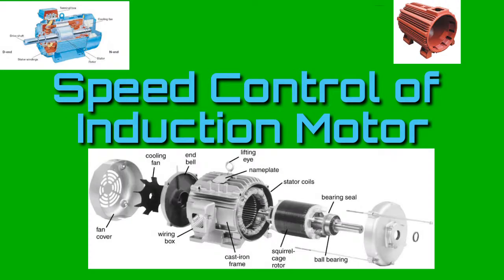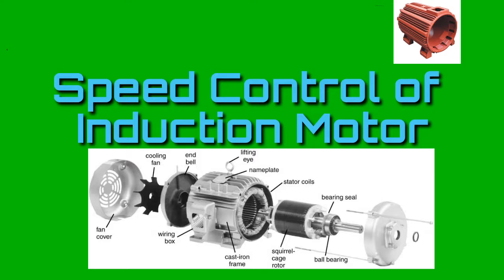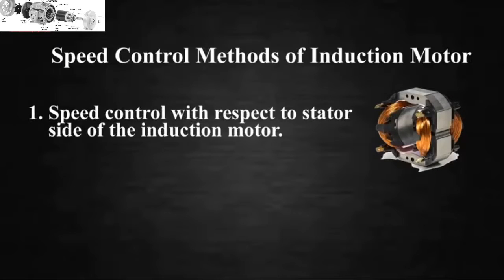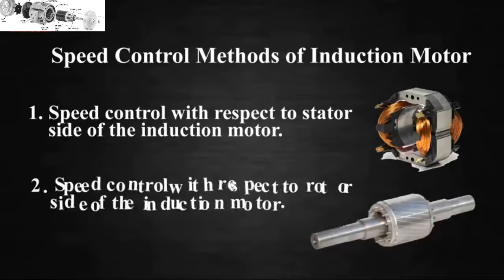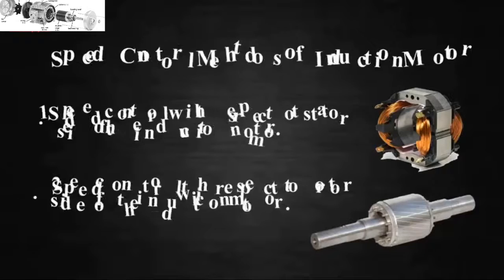Different speed control methods of induction motors. Speed control with respect to the stator side of the induction motor. Speed control with respect to the rotor side of the induction motor. The speed control of an induction motor by controlling the stator side can also be subdivided into several speed controlling methods